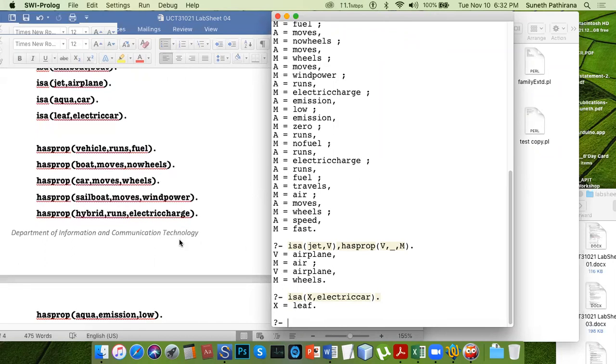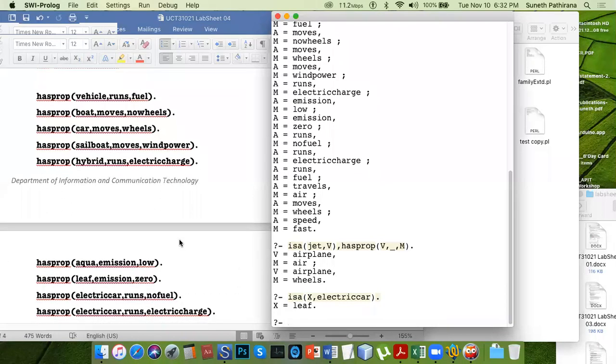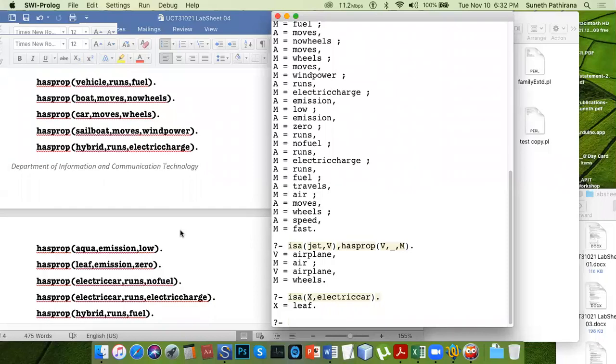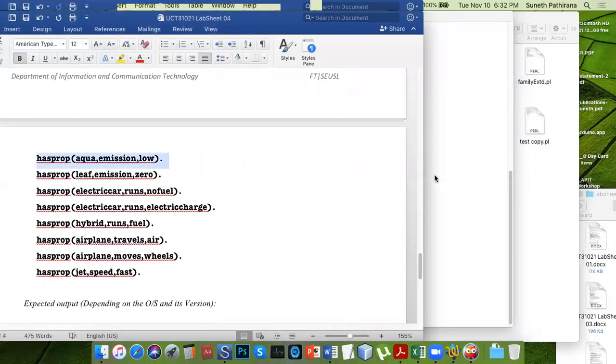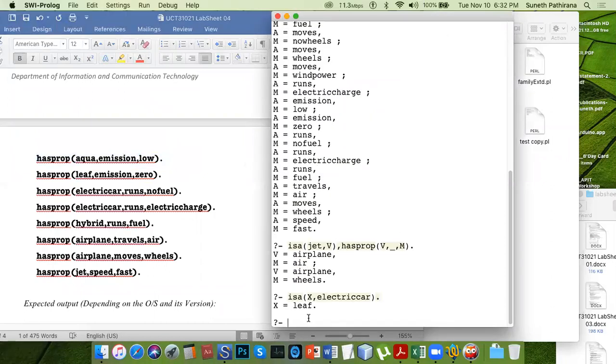And you can further examine the properties using has prop. Has prop what? Electric car.